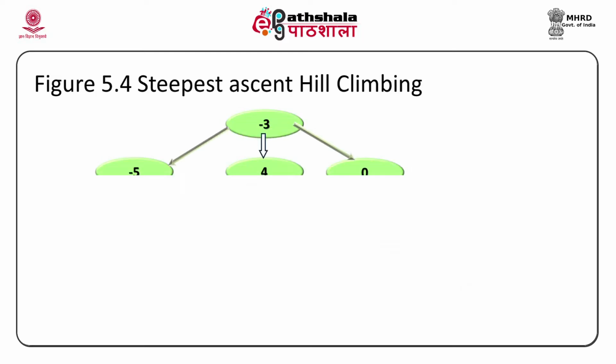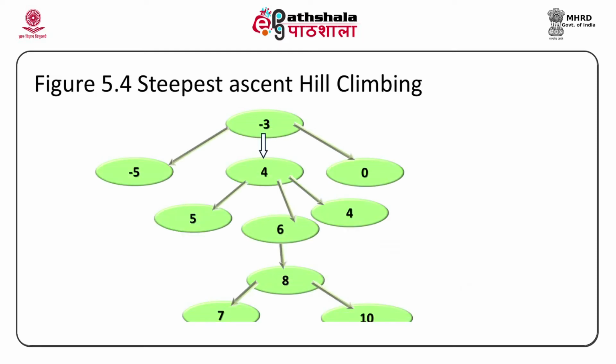There is something called steepest descent hill climbing, which is a little different from hill climbing. What does it do? Instead of picking up each rule one at a time and finding out if the node is better, it explores every one and picks up the best one. You see the example, -5, 4 and 0 for 3. So you pick up 4, again pick up all children of 4, 5, 6 and 4, we pick up 6 which is best. We are picking up the best child, and then 8 and then 10. So this is what is known as steepest ascent hill climbing.